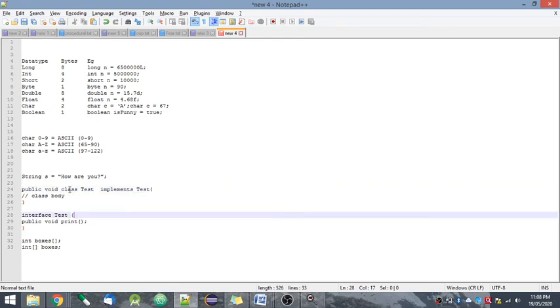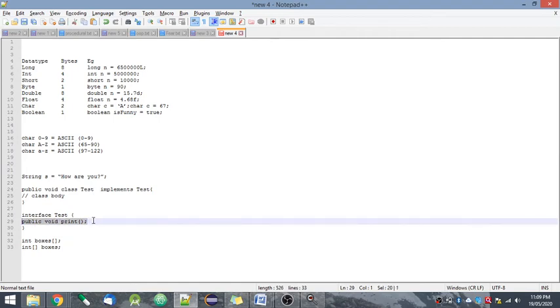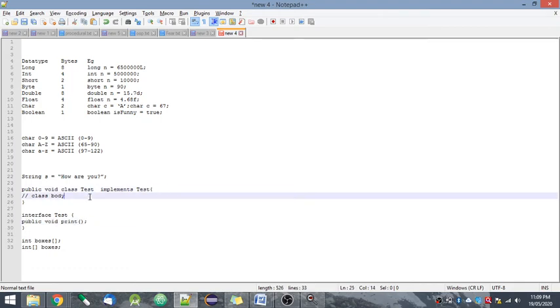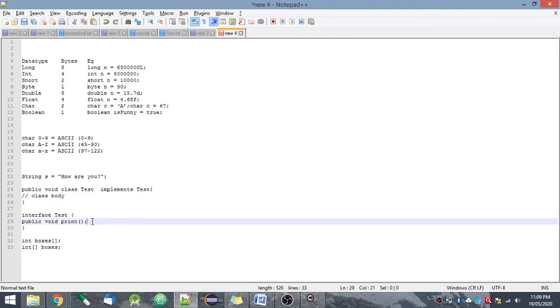A class can implement an interface, and when a class implements an interface, it automatically inherits all its abstract methods. For example, in the interface I have an abstract method called print, so I can override this method in this class. An abstract method means a method with no body, so we have just declared it without any body.